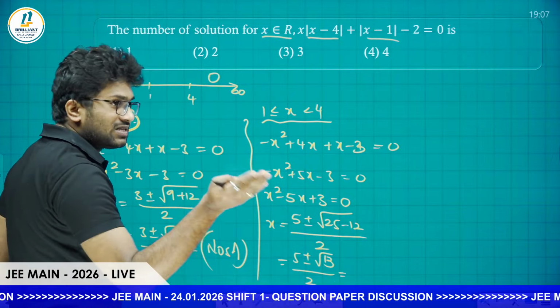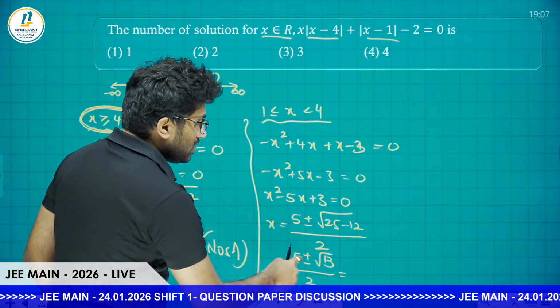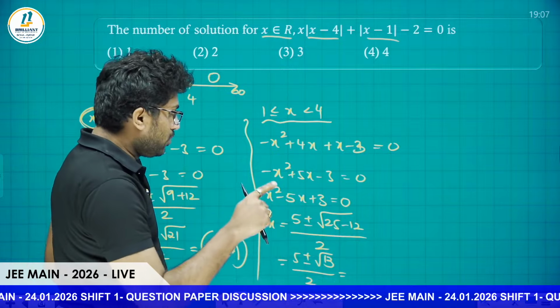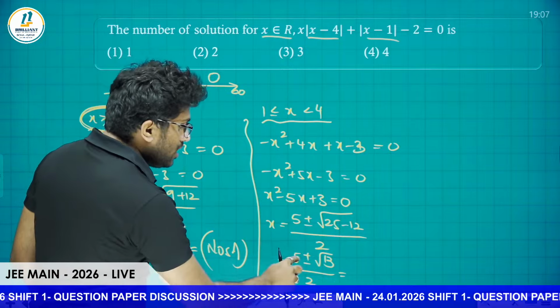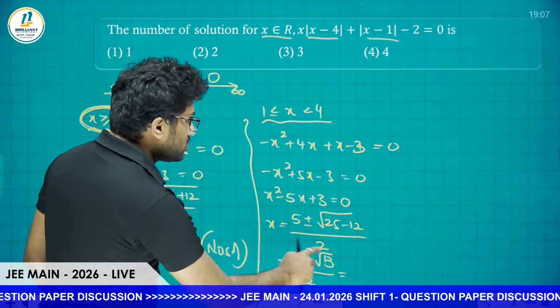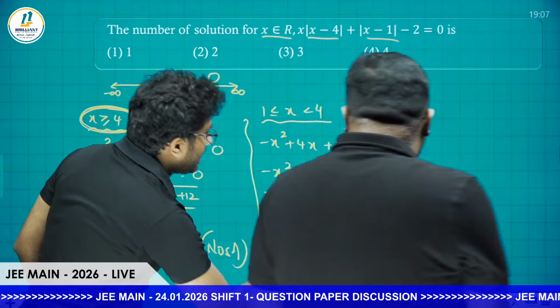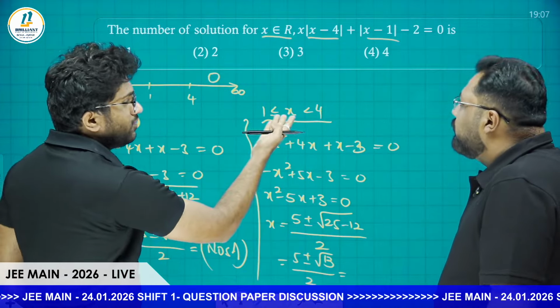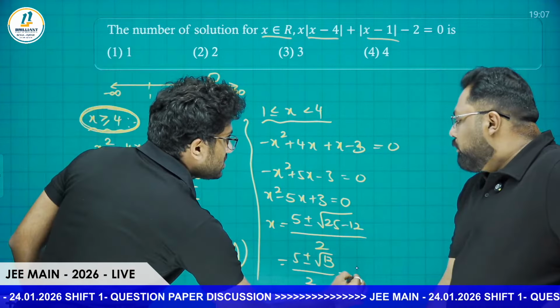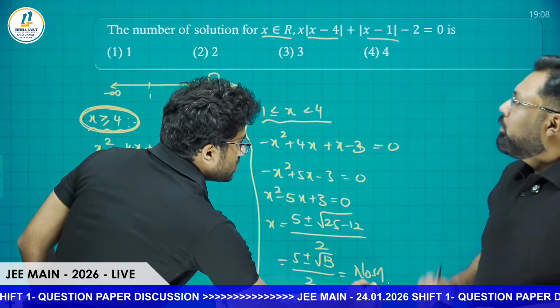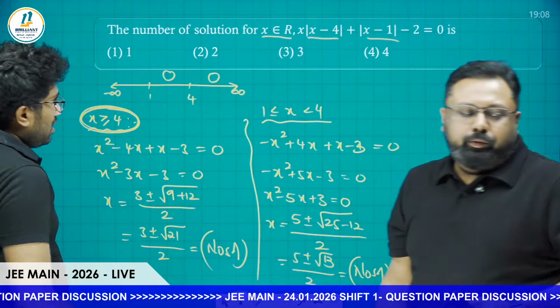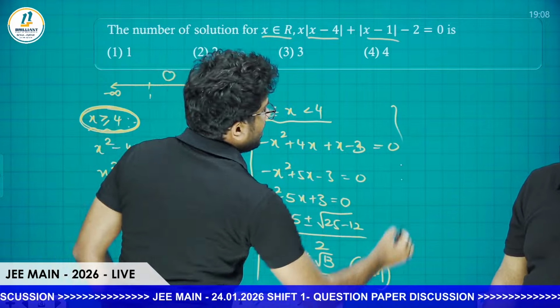Root 13 is something which is less than 4. So 3 point something. 5 plus 3 point something is 8 point something, by 2 will be greater than 4. And 5 minus 3 point something is 2 point something, divided by 2 will be a value less than 1. So there is no value again which lies between 1 and 4. Hence here also no solutions. No values in this case. And the last case is